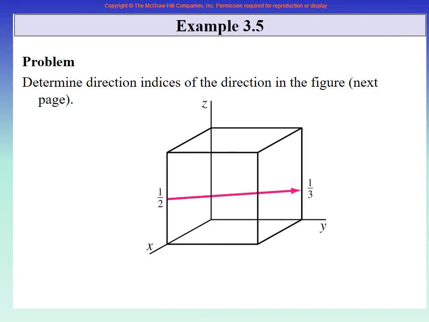So this time they are just showing you that there is a point here for which the coordinates are not given, and a point here for which the coordinates are not given. But we can find the coordinates. If it is here, then in x you are moving 1, in z you are moving half, right? And in y you are not moving. So you can find the coordinates. In x 1, y 0, z half. So 1, 0, half.